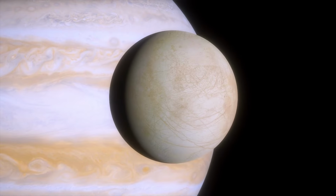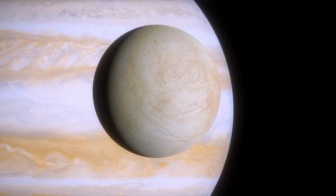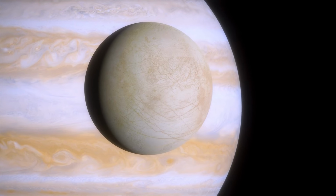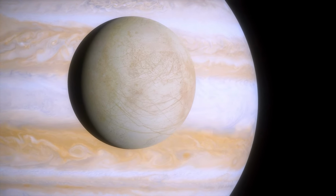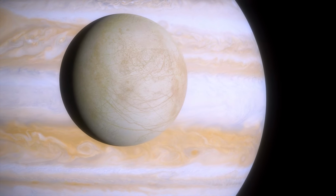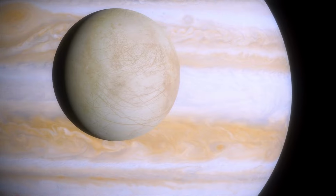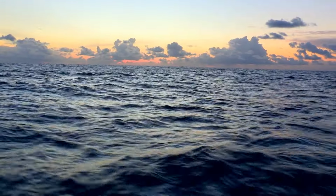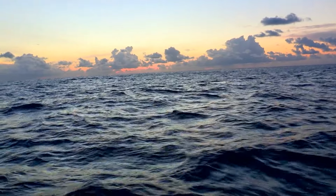Number 2. Europa, moon of Jupiter. Europa, one of Jupiter's largest moons, is another of the solar system's most intriguing places in the search for life. Beneath its thick, icy shell, Europa is believed to have a global subsurface ocean, potentially harboring the conditions necessary for life. It's thought that this ocean could contain more water than all of Earth's oceans combined, and because it is